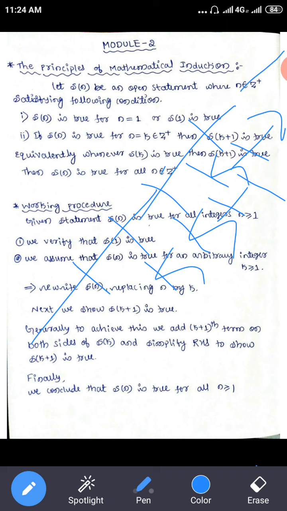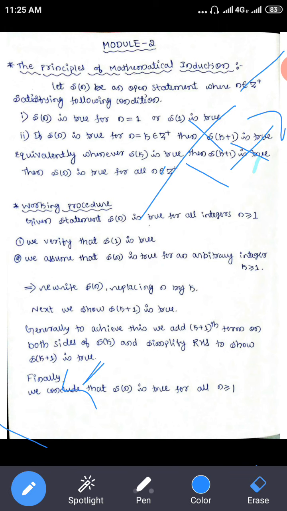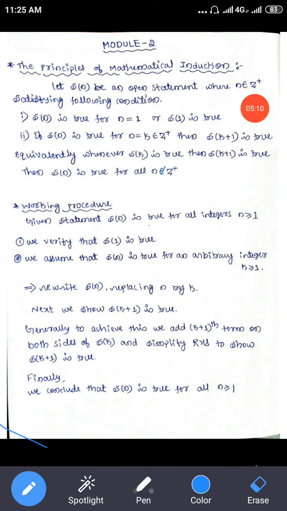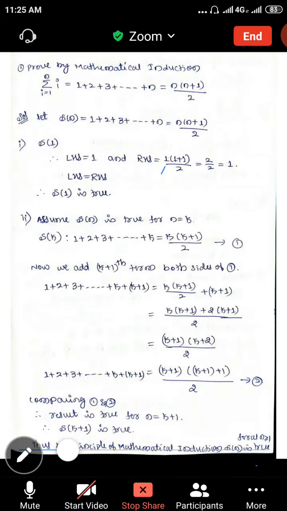Similarly, this is k minus 1, k minus 2, k minus 3, and so on. So always, if k is there, the next term is k plus 1. If k plus 1 is there, the next term is k plus 2. If k plus 3 is there, the next term is k plus 4. If k minus 1 is there, the next term is k. If k minus 2 is there, the next term is k minus 1. This you should know, because of that I am telling. The next thing is that the examples are very simple here.